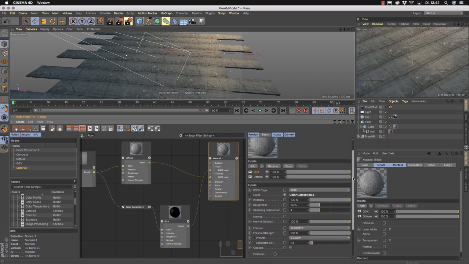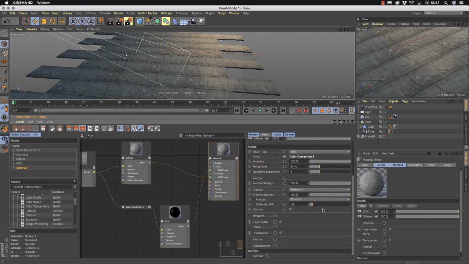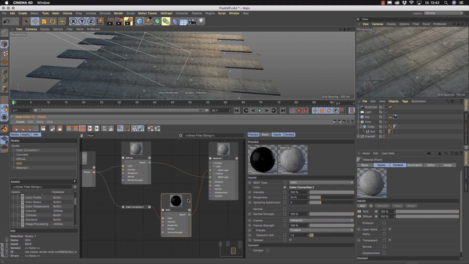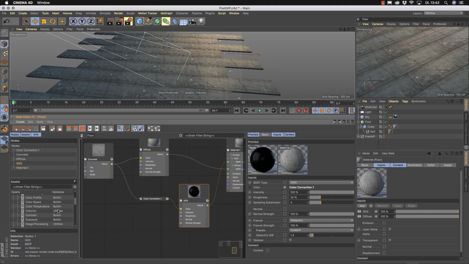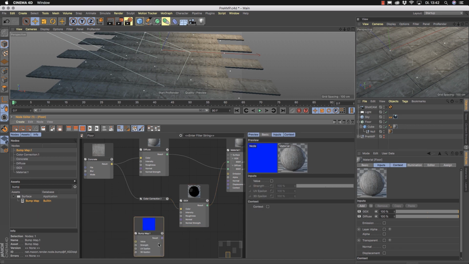And the reason for this is we use in this workflow only normal maps. But don't be afraid, you don't have to convert every bump map now to a normal. It works really easy for you in this system. Instead of using a normalizer to convert it, I use a bump map asset here, you see it's under surface, and if you drag this over now, it wants to have a value,